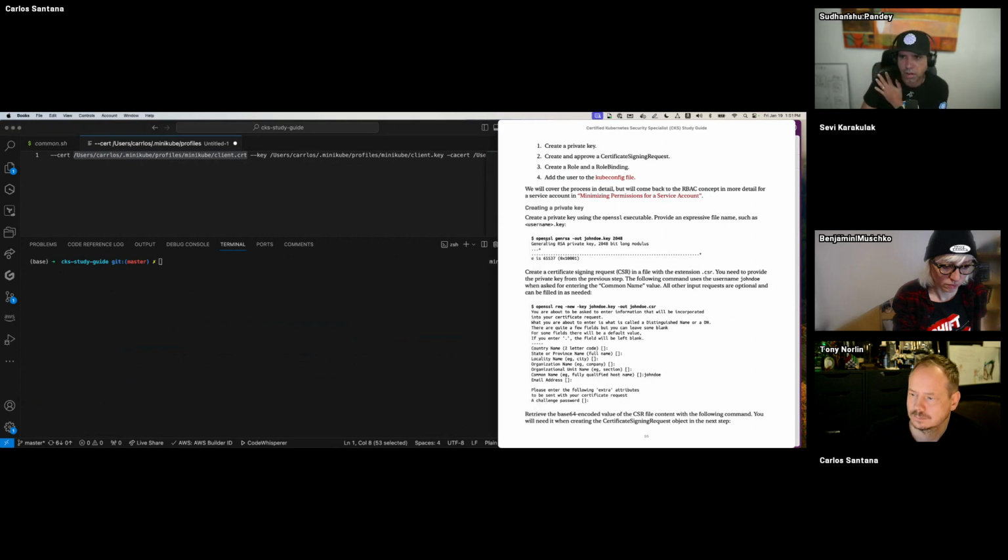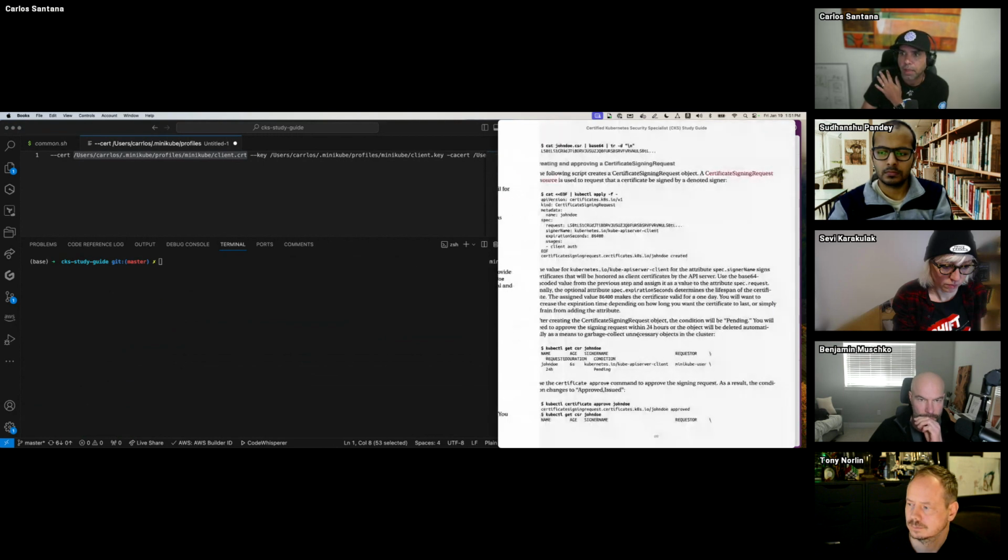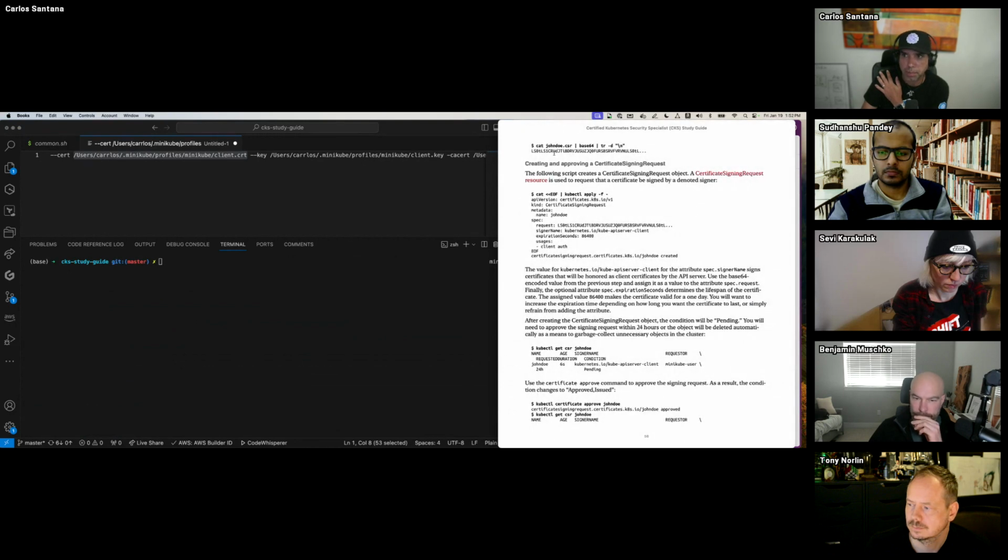The commands are like this: you have to create a key, and then with that key you have to create a CSR, which is a certificate signing request, using OpenSSL req. The first one is OpenSSL RSA. And then what we need to do is base64 the CSR, and then create a YAML file that has a